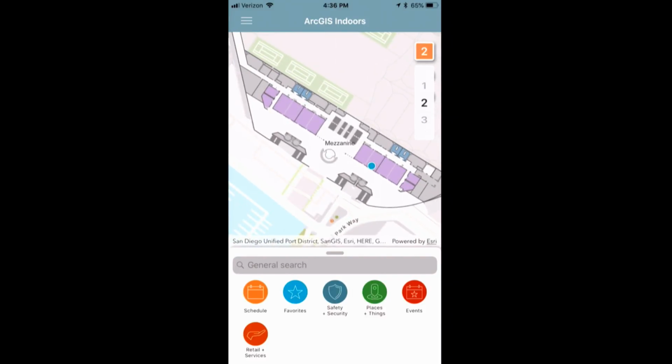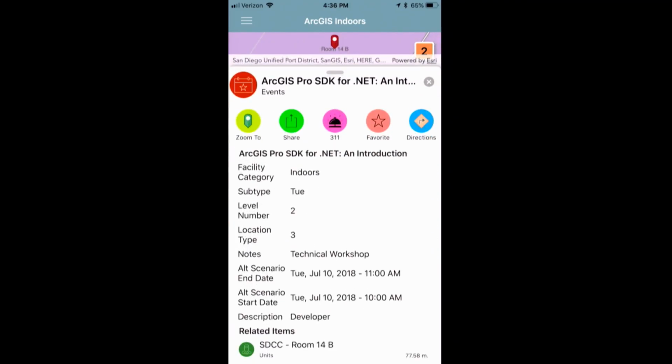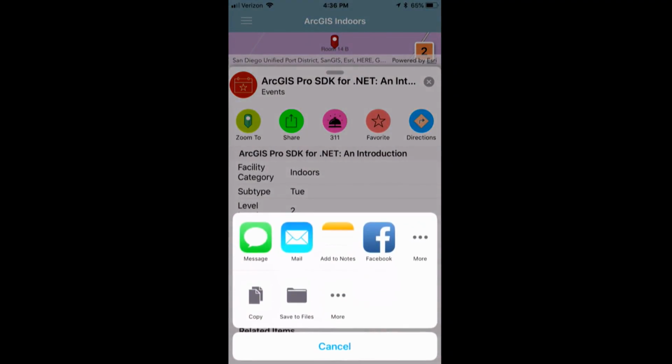I can tap on things and find information out about those things. So if I slide this up, then you can see some other actions that I have there too. I can share this as a point of interest with friends of mine, as a message or email. That way, if they have the application, this is what's called a deep link. So the link that I send them is not just the URL. If they access it on a device that has the ArcGIS Indoors app installed, when they click the link, it's going to open the app to that item.